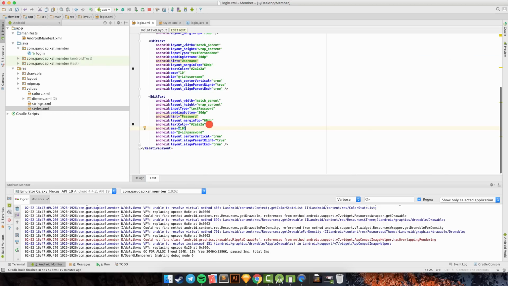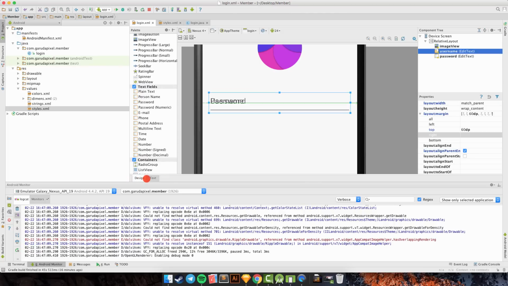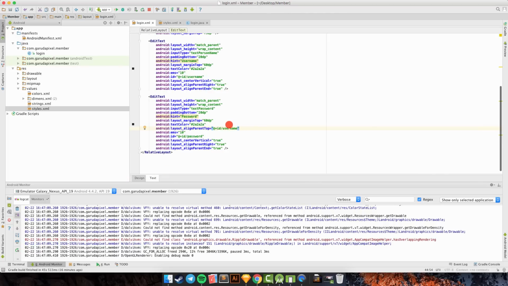And then we can make the margin top, we can set parent top, Android, and then we can choose the ID username. It's not working, so we need to increase this layer to this.